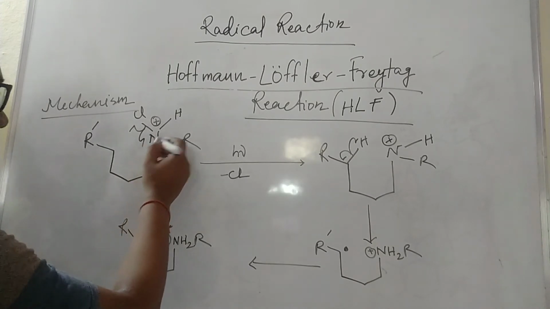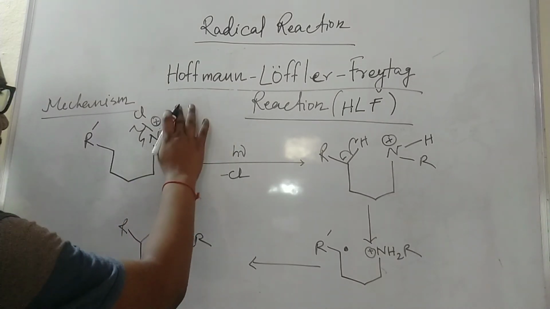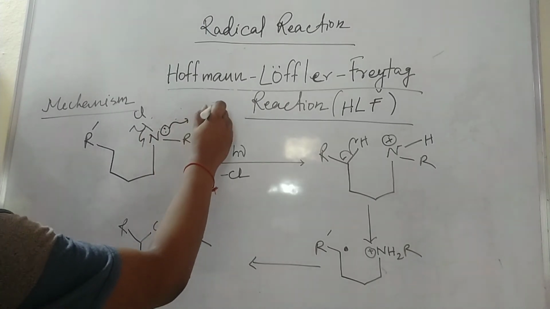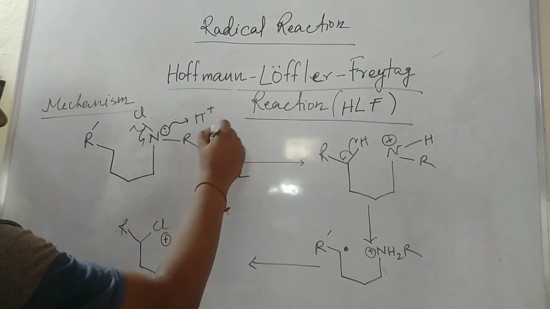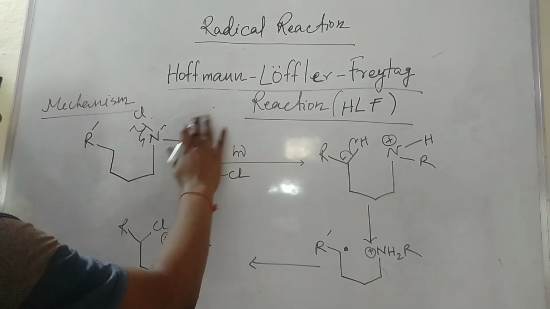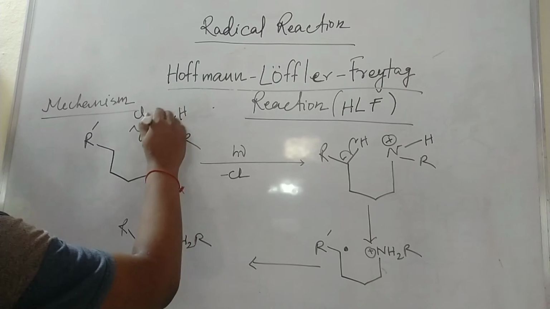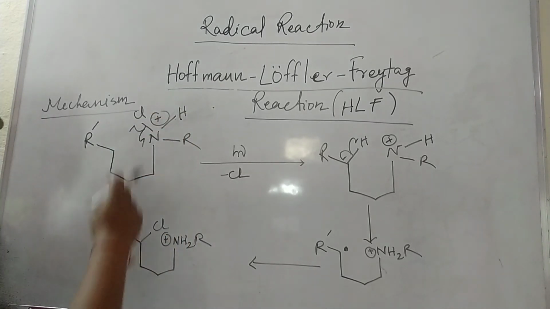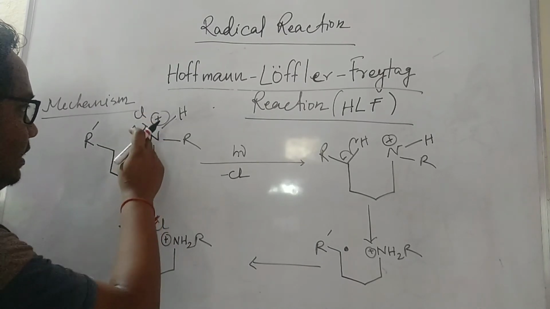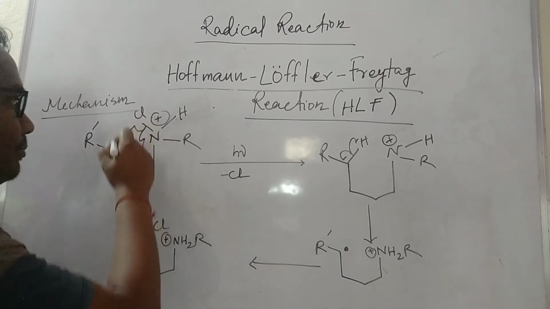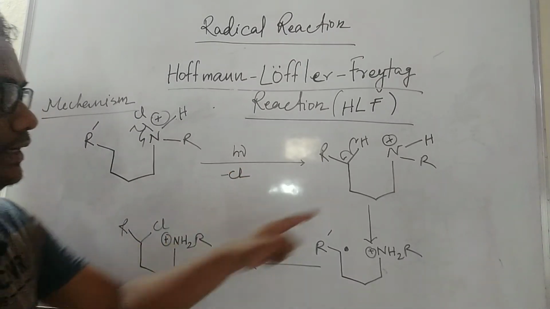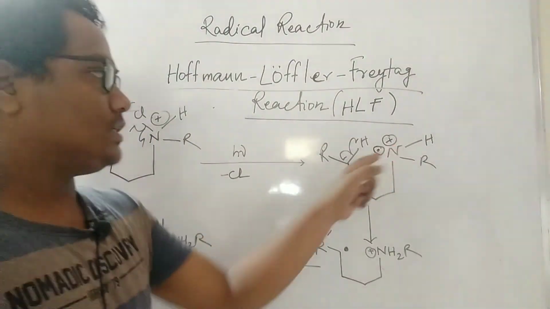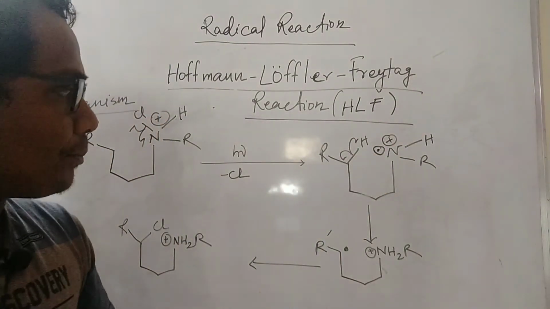This nitrogen will first take the proton source, because we are already giving a proton source. So it will form like that in the first step, N plus H. Then, in the presence of light, because chloro is there, it will cleave. Cleave means the chloro will come, and it is like chloro and dot. So always remember, chloro plus dot both will exist as one moiety.